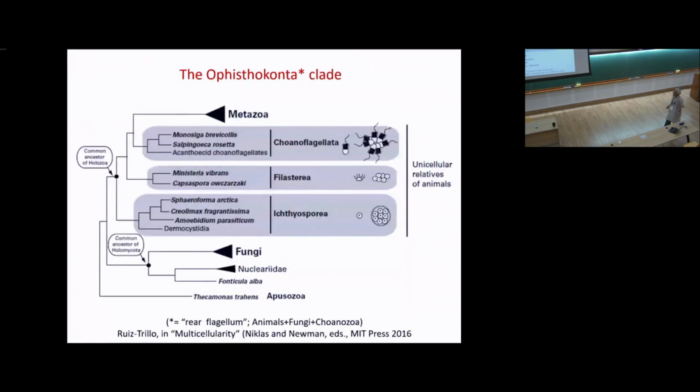Now, so very quick remarks on the other two things. So the choanoflagellates, which are at the top of this picture, are the closest unicellular relatives of us, of the metazoa. So these are the closest unicellular relatives of the animal clade. The filastereans are, if you wish, next closer, and then the ichthyosporians were next closer. The picture from these three groups, especially from the filastereans and Capsaspora, which I mentioned a while earlier, is that